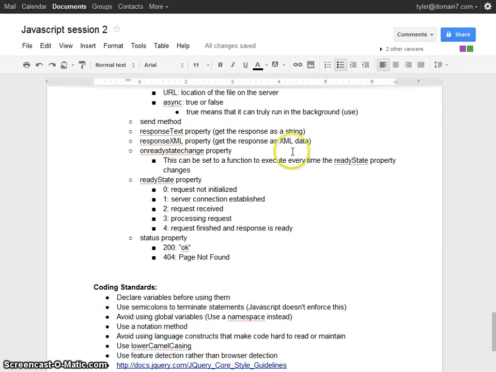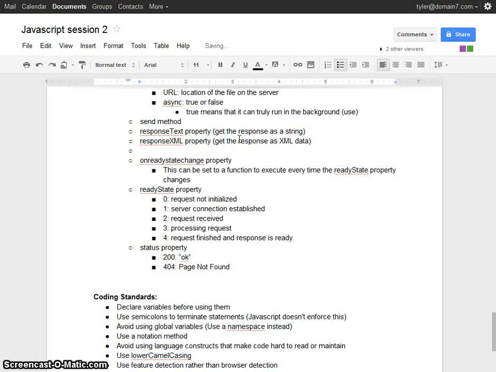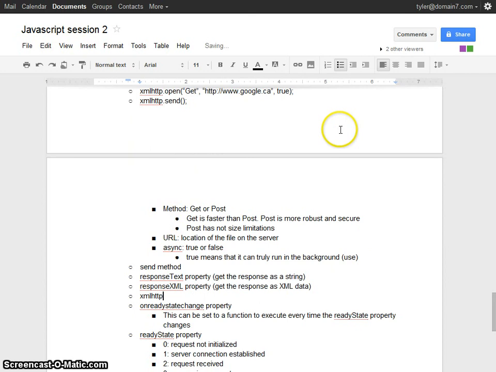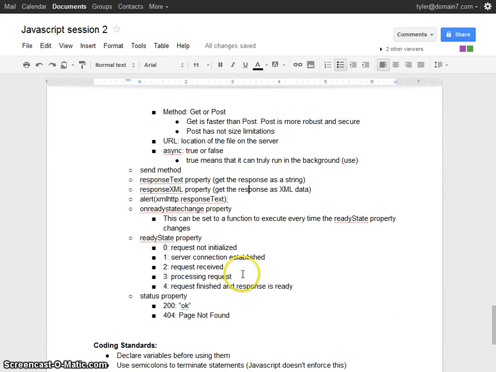We can also use a responseXML property, which would get the response as XML data. So for instance, if I want to get the results from my AJAX request, I would go xmlhttp.responseText, and maybe I'll alert that. So this would alert the response from the server, whatever I got.